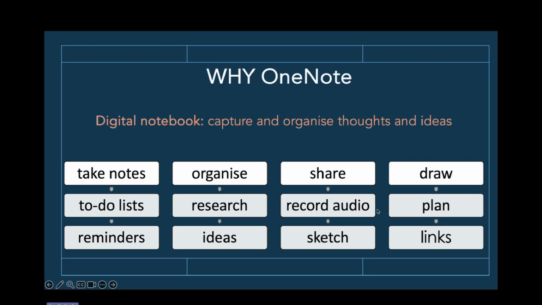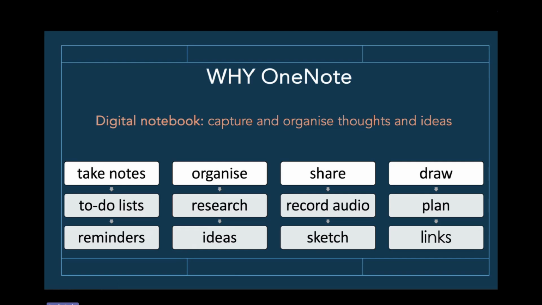You can record audio like in Microsoft Word. You can record what you say and it will transcribe it for you. You can plan there. You can put links in. You can do sketches, the drawing. You can have different reminders there and ideas. You can go to town. It's like making notes everywhere.